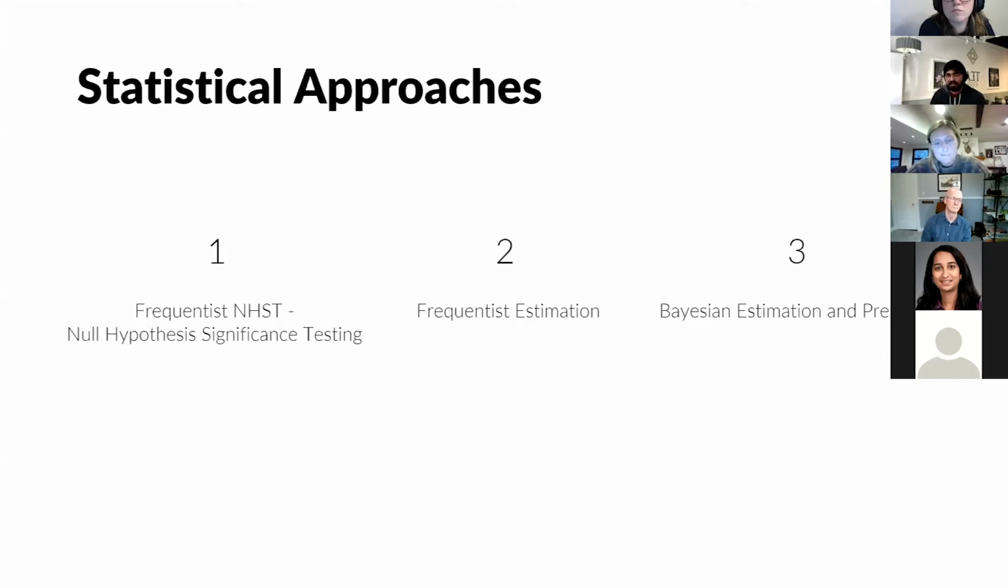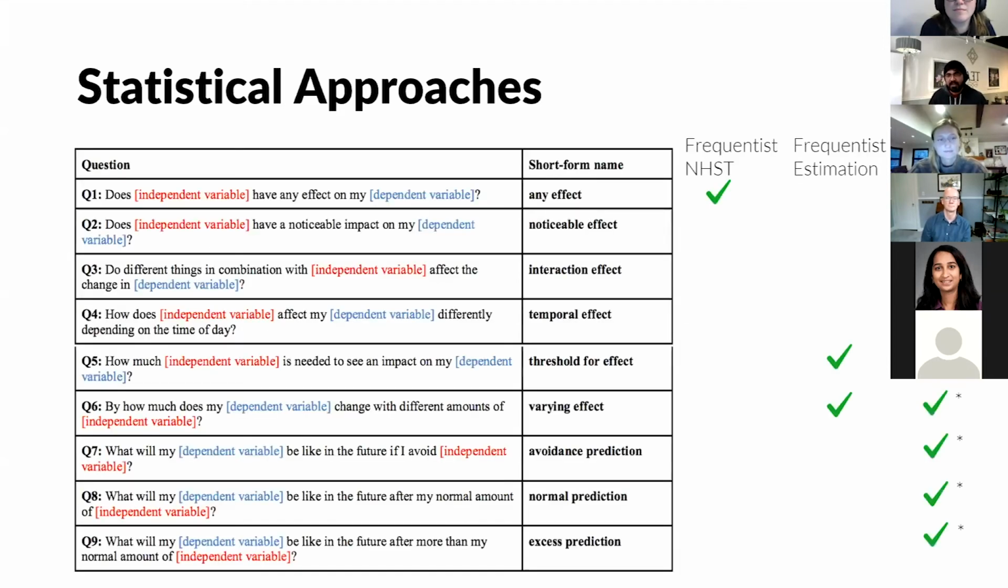Then a slightly different version of frequentist statistics, which is not as common, was frequentist estimation. My understanding as a non-statistician is that this is essentially Bayesian without any priors. And then finally, how useful is Bayesian estimation and prediction, which was something that Morgan was discussing in the previous talk. The TLDR version of this is that frequentist statistics is able to answer some of the questions